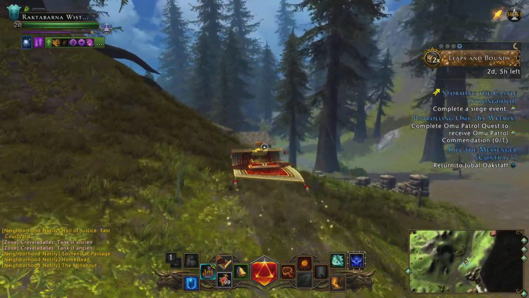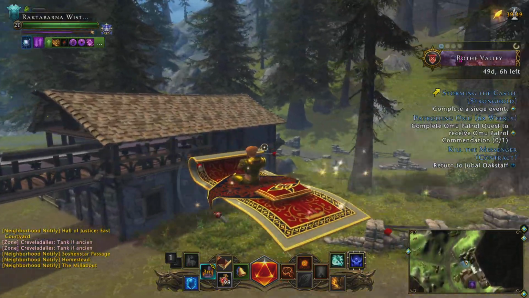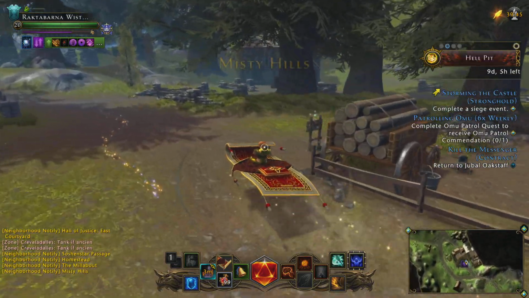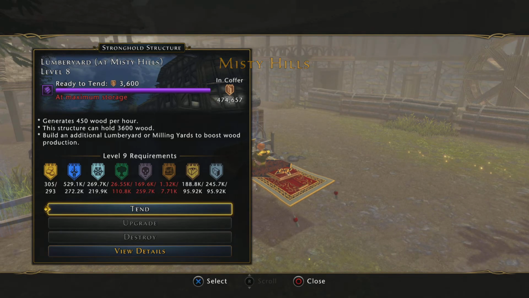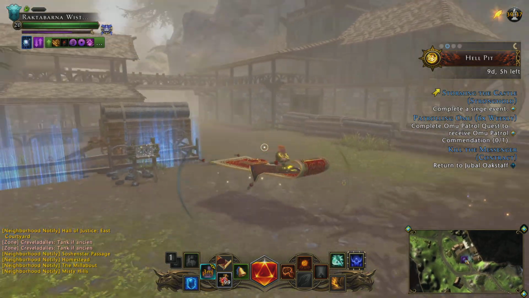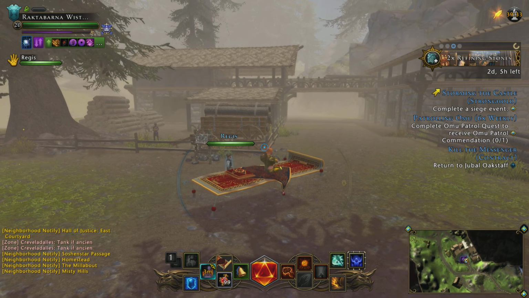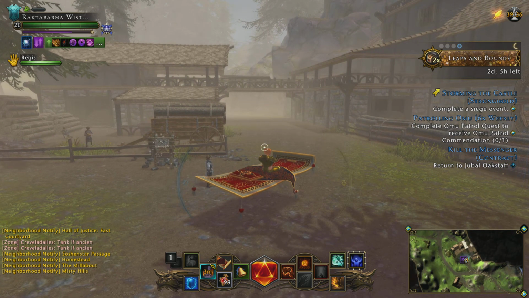And then the final one is up here in the Fey area, near Spiders. Misty Hills. This is the lumberyard. Click tend, and that is it. That is all I need you to do, please, if you don't mind. And you can see that it doesn't take very long at all, and that resets those buildings now for 8